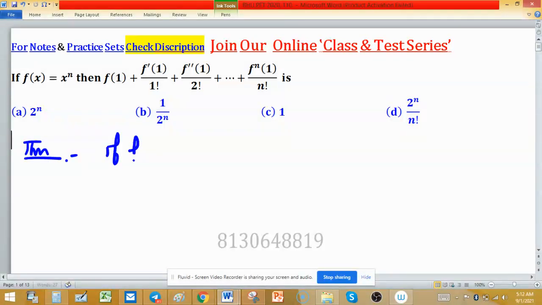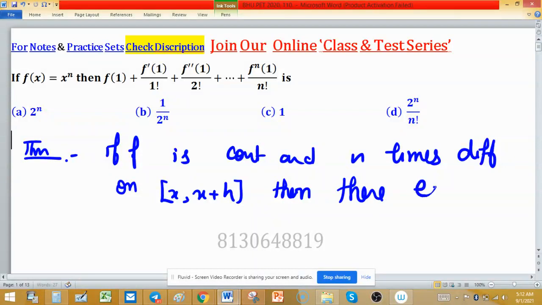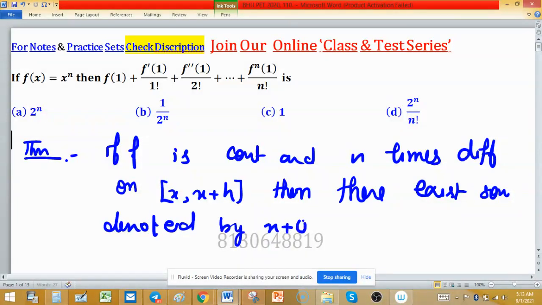So what does Taylor's theorem say? Taylor's theorem says if function f is continuous and n times differentiable over a closed interval [x, x plus h], where h is very small, then there exists some point in this interval denoted by x plus theta h, and this theta belongs to the open interval, or you can say closed interval 0 to 1, such that